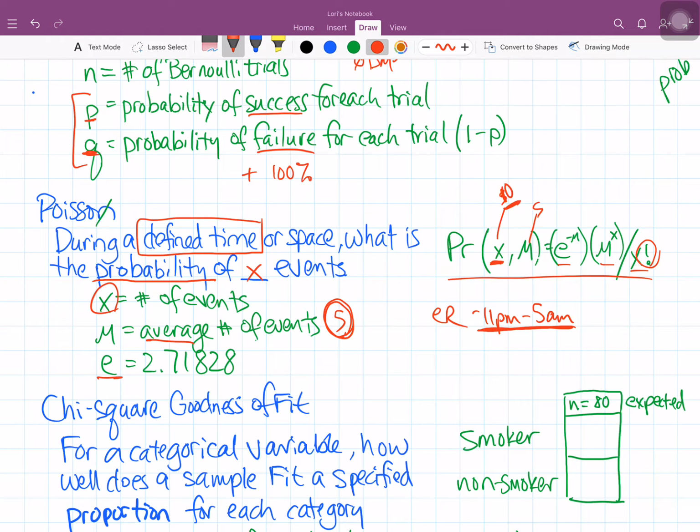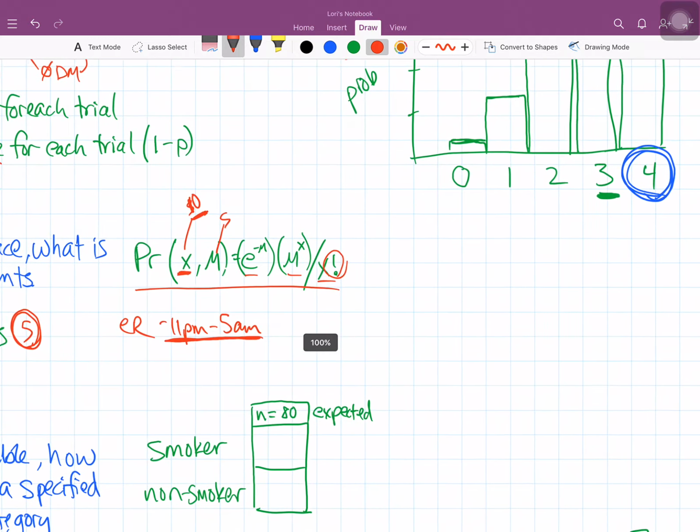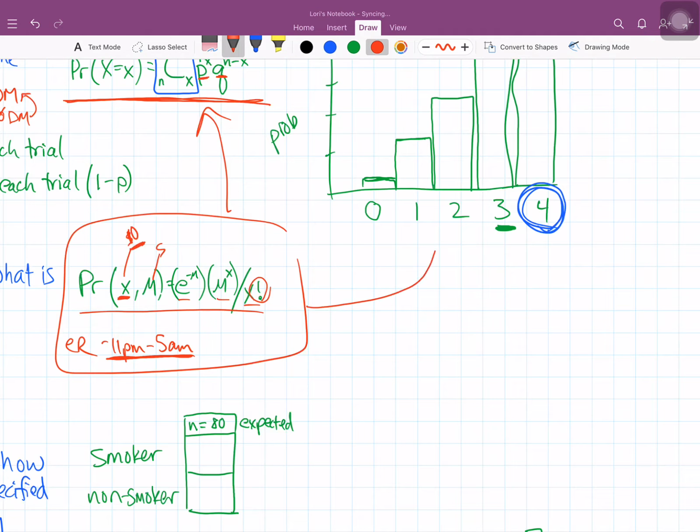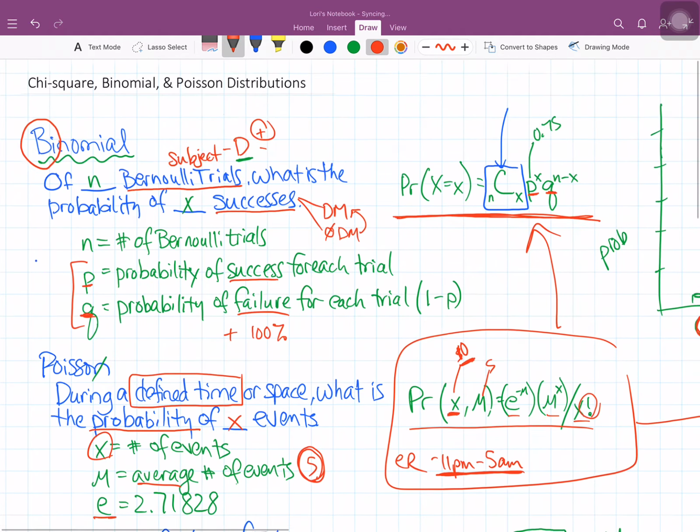it's not the same as the binomial distribution. It answers a different type of question. I'm not going to draw a new graph, but it's a different equation. Clearly this is mathematically different than the one we had for binomial, but it looks quite similar to the binomial distribution in terms of each particular value having a given probability of occurring, and this just goes on indefinitely because it's not bounded. So those are a couple of differences between Poisson and binomial.